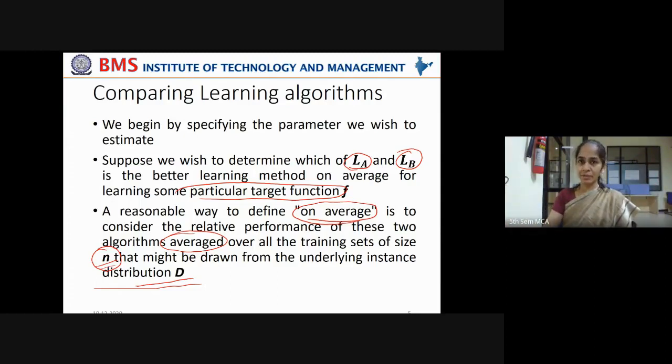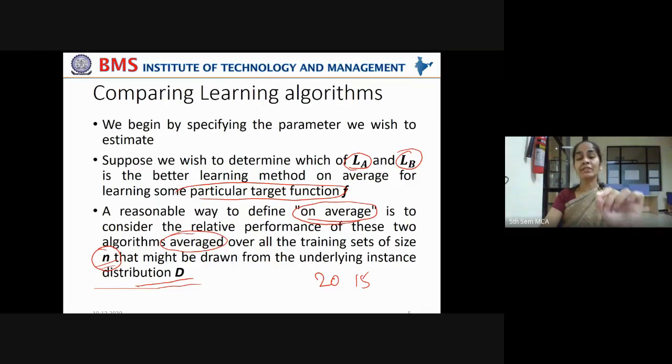Now the existing labels of the test set and the predicted labels are compared. Say out of 20 data points, it is predicting 15 data points correctly. In that case, we say it is performing with 75% accuracy. Got it? Out of 20, if it is predicting 15 of them correctly, then we say that the test set accuracy is 75%. Did you understand? That is what we mean by training set and test set. Training set is used to train the machine learning model. Test set is used to validate the machine learning model.